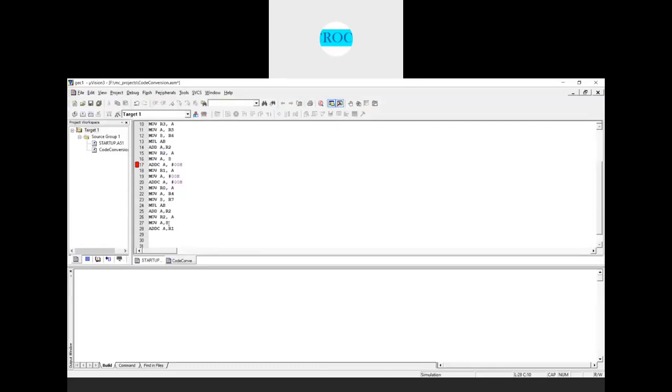Move A comma B, whatever is the higher byte result, I move into accumulator, and now I'm adding the contents of R1 with A. Next again I'll move the intermediate results of the multiplication into R1 register.